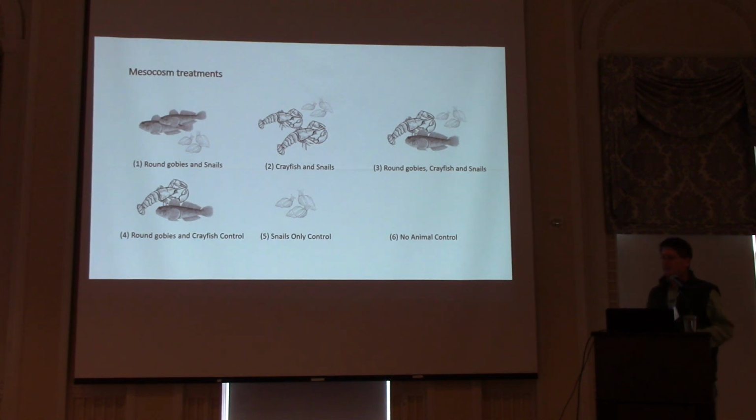In the mesocosms, there's a slightly different suite of characters, but again, this was intended to look at the role of gobies in potentially changing leaf litter decomposition. So it's a cascade kind of thing. But some of the same players are here, so I'll use some of this data to show what's going on. So we've got either gobies just with snails, crayfish with snails, crayfish and gobies with snails, and snails by themselves. Eventually, as you'll see, some of the data I'm going to show you is going to focus on the crayfish, for reasons to be seen.